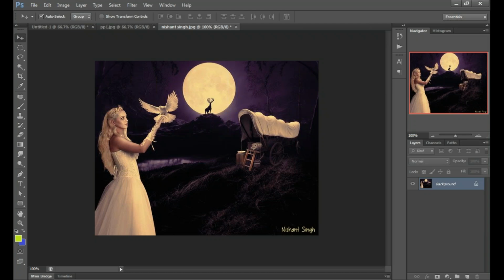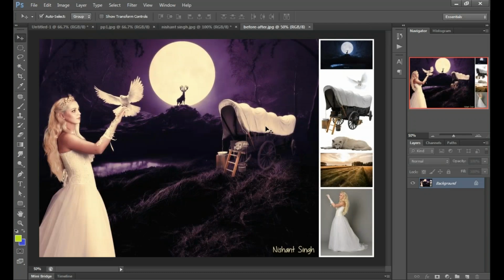Here I have opened the fresh image. Okay, that's the complete manipulation. Here's the lady. We have created this down and used this here. This is the land that's showing here. You can see there. Here the cart is there. We have placed the cart at that position, and a totally different image we have used.